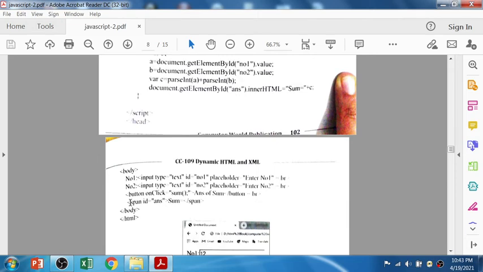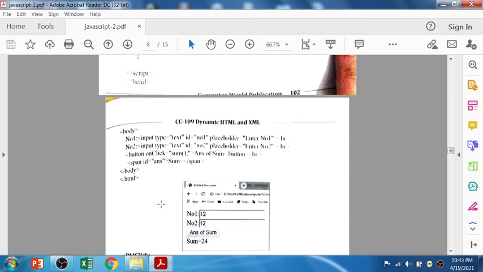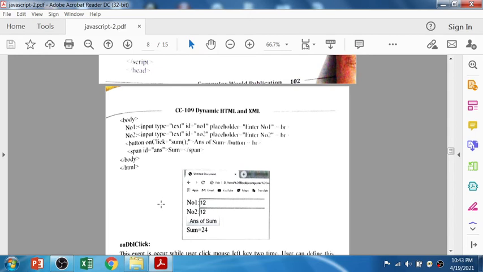The span tag id is answer, so you want to display the result there. See, this area where the sum is displayed is a span area, right? So due to the span tag you can display your result. So you can see that.